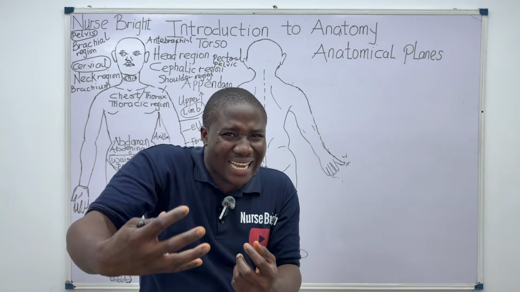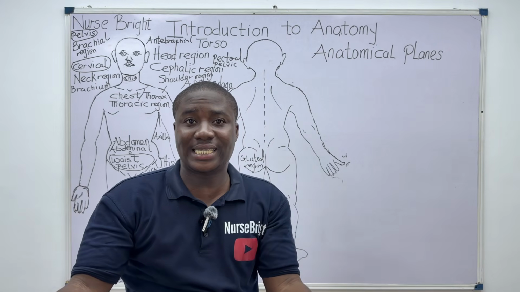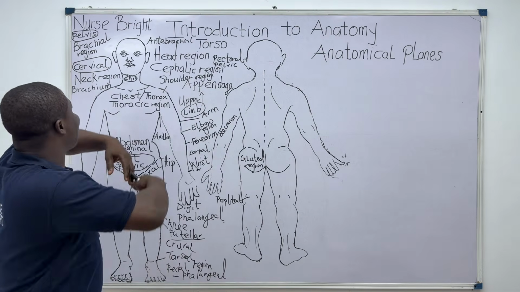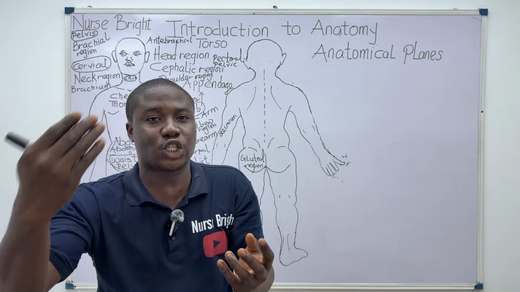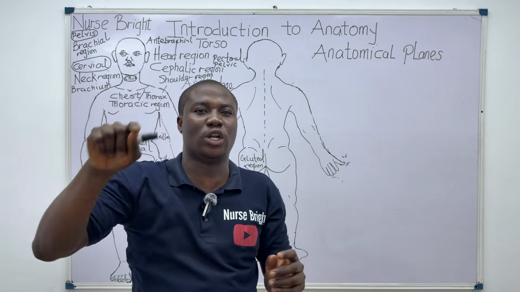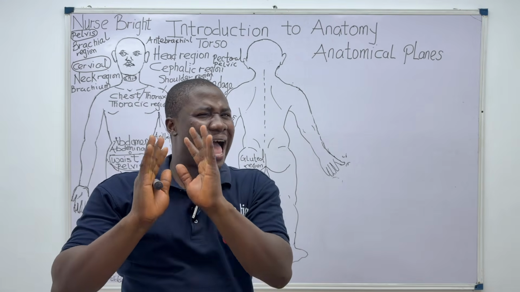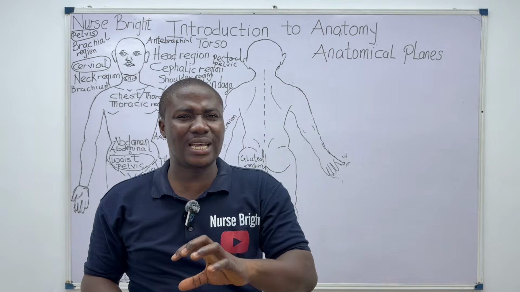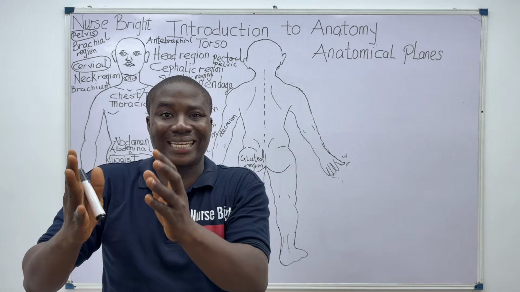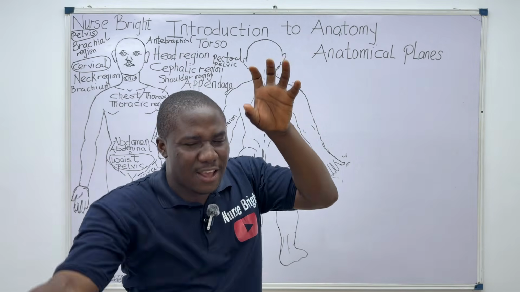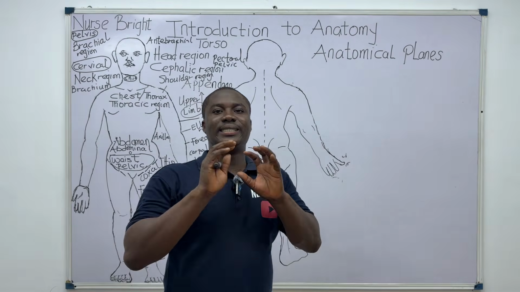And this makes the study of this internal structure so easy, because you cannot just take a human being and start studying the person if you cannot divide that individual into sections by using your imagination. That is why we said that they are imaginary lines or flat surfaces. Just hold on, I'm going to explain something very essential. So you can see why anatomical planes are so essential. It divides the body into different sections, so that anatomists are able to study different parts of the body and understand how they relate with each other.